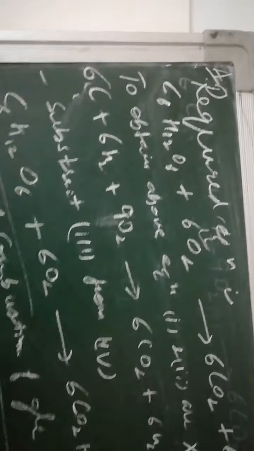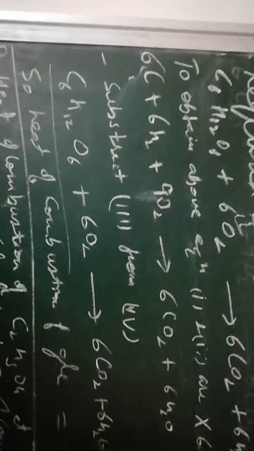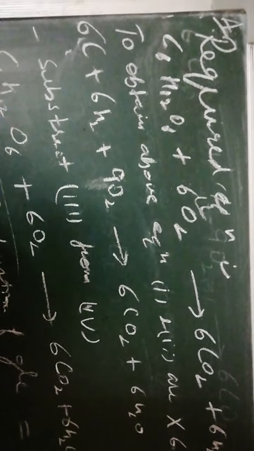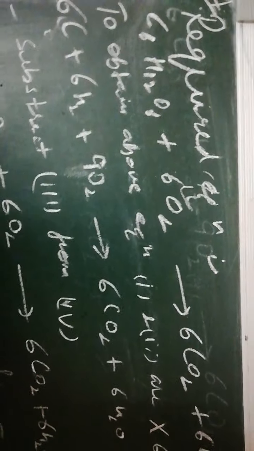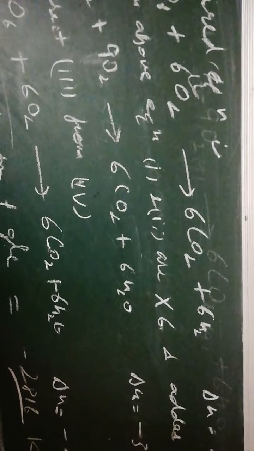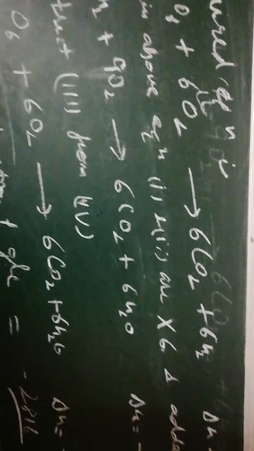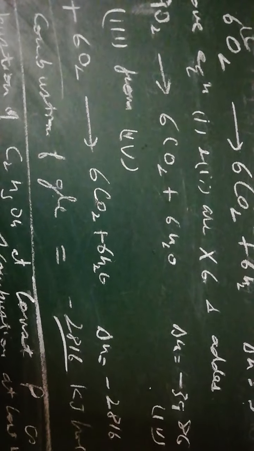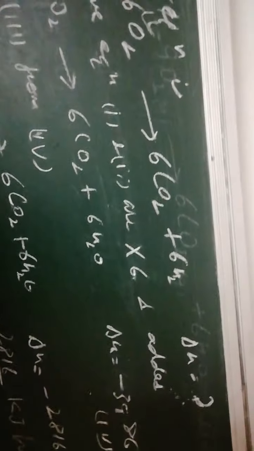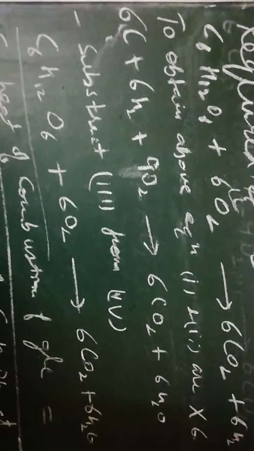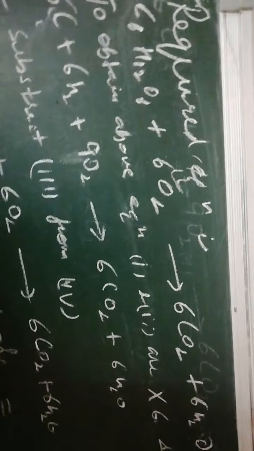So how will we calculate? What is our required equation? We have to calculate the standard enthalpy of combustion of glucose. So our required equation is not given to us, we will have to write it ourselves. C6H12O6, that is glucose, reacts with oxygen. We have to do combustion of glucose, so it will react with oxygen and give us 6 carbon dioxide plus 6 water molecules, and we have to calculate the delta H of this reaction, because our question is to calculate the enthalpy of combustion of glucose from the given data.